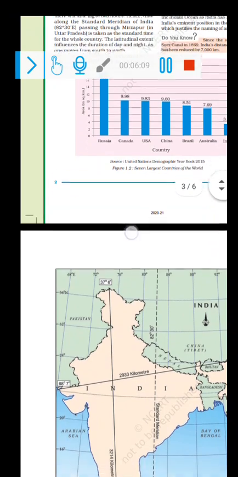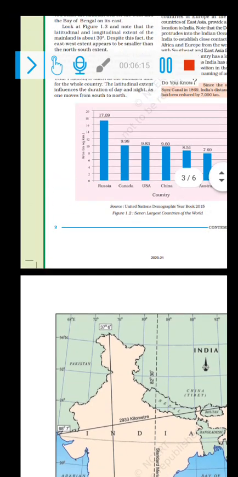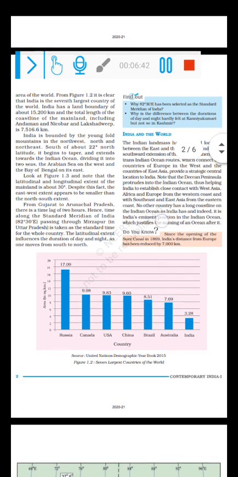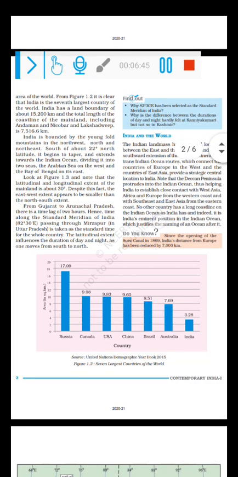And as we move towards the northern hemisphere, above the equator, we see that there is a variation. It becomes cooler as we move towards the polar region. When we travel from the equator towards the polar region, the temperature keeps on decreasing because the rays of the sun become more and more slanting. So from the equator, if you travel towards the North Pole or the South Pole, the solar radiations become more and more slanting, and they spread over a larger area, and thus they heat the region lesser in comparison to the equatorial region.